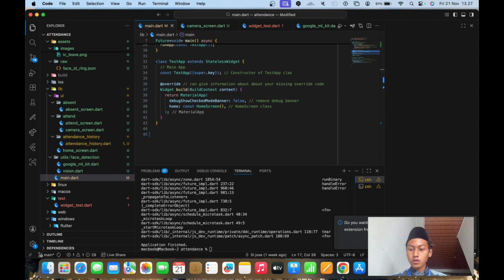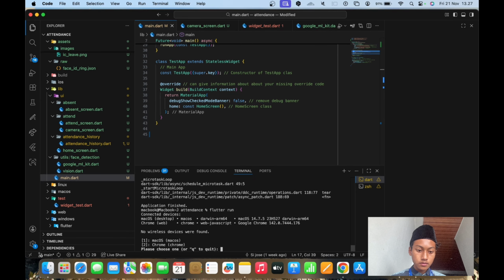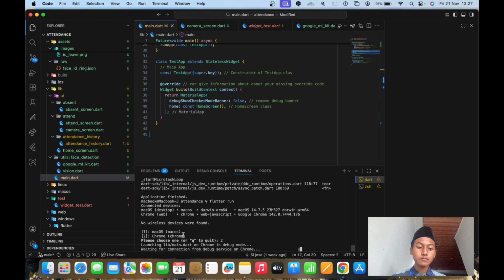Okay, so we go directly to run the Flutter app. Flutter run. Choose Chrome or macOS, up to you.